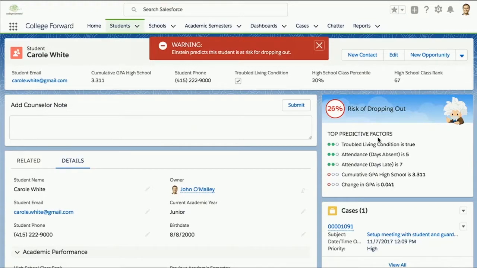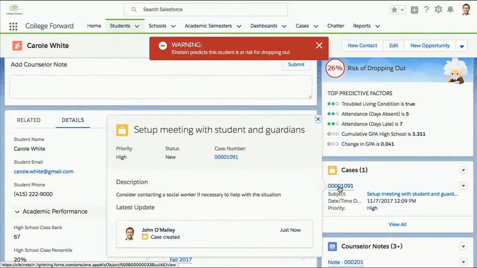Now, it's one thing to look at a prediction and see it on the page, but what you really want to do is take action on that prediction. But the predictions made by My Einstein are eligible for all the rich workflow capabilities that are built into the Salesforce platform. And so here, we've built a workflow with Process Builder that when a student is above a certain threshold of risk, and when one of the factors is a troubled living condition, it will automatically create a case to assign a social worker to work with that student and attempt to find that student housing and get them